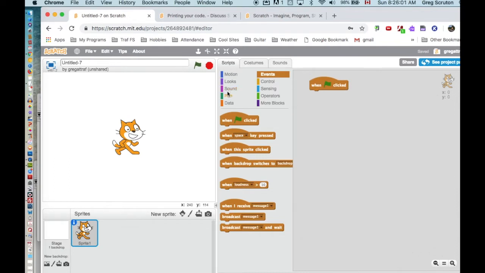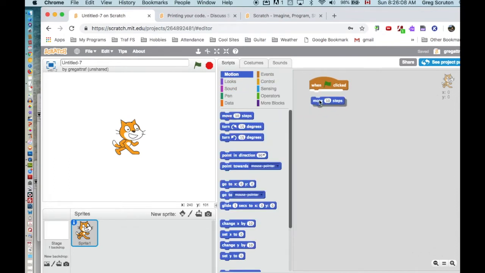move the cat. Go to motion. I can tell it to move 10 steps when the flag is clicked. So let's try that. And that's it. So it just moved. If we want it to keep going, what we could do is we could tell it